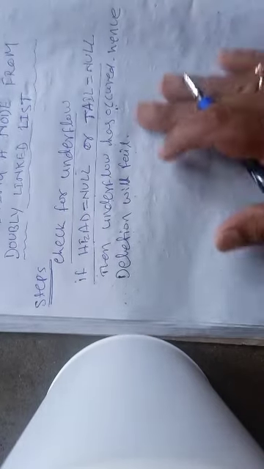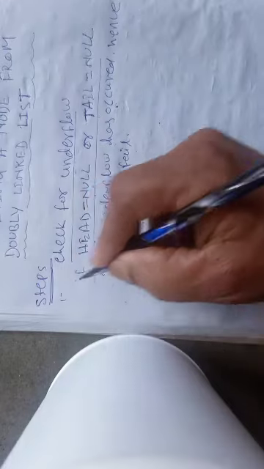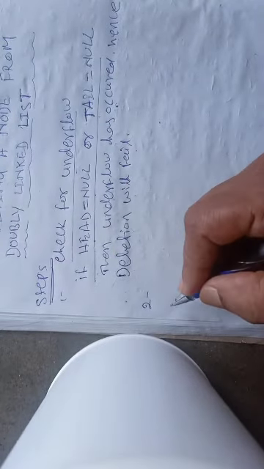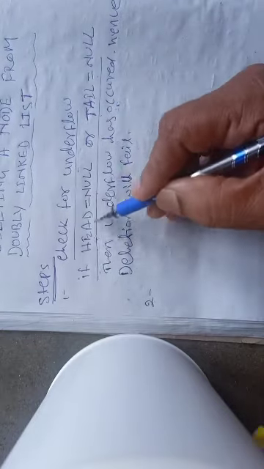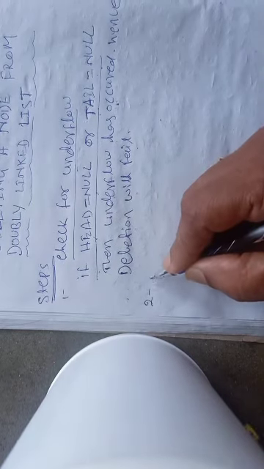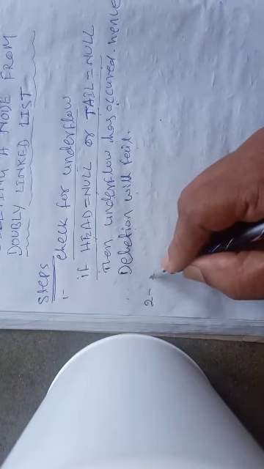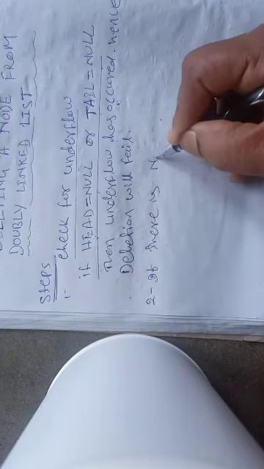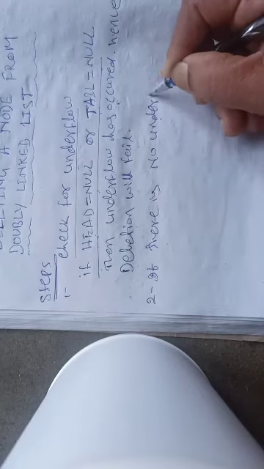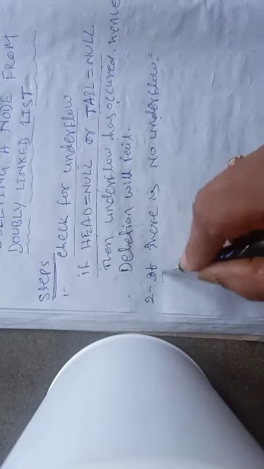Okay, now this is step 1. The second step will follow only when these conditions are false. Head is not null as well as tail is not null. That means when underflow does not occur, then only we can proceed to the second step. So the second step will follow if there is no underflow, then what we shall do.